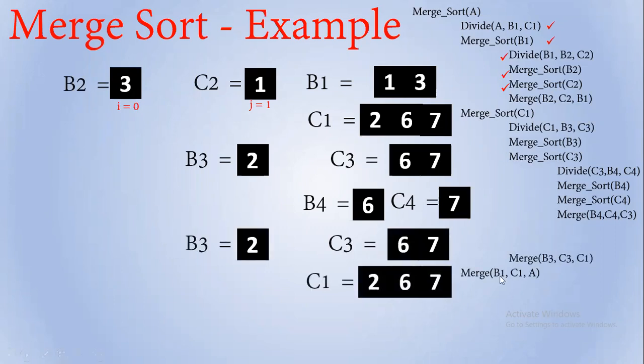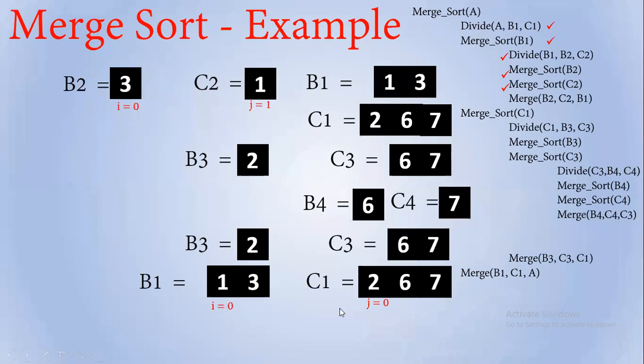So B1 is this one, which was formed here by this merge operation. C1 is this one, which we formed immediately before, and they should be combined or merged to form A. So we should get B1 again. B1 we merged previously as this one, and this one we now created. So now we will discuss how this merge operation occurs, in case there are some students who still don't understand how this merge operation works.